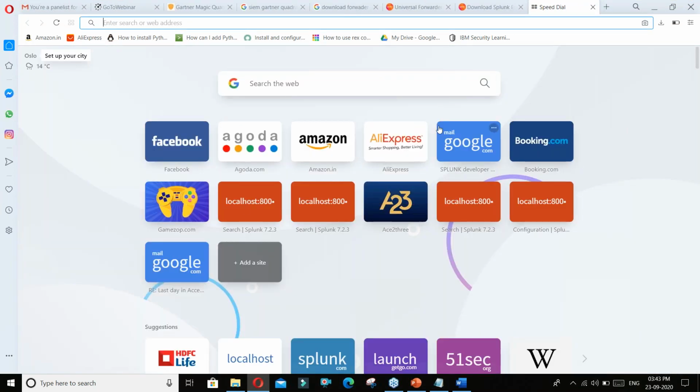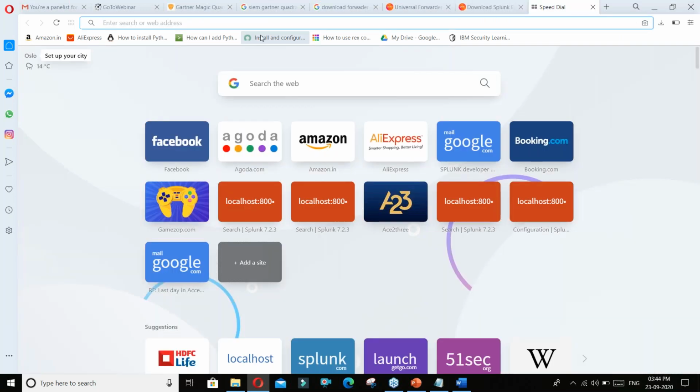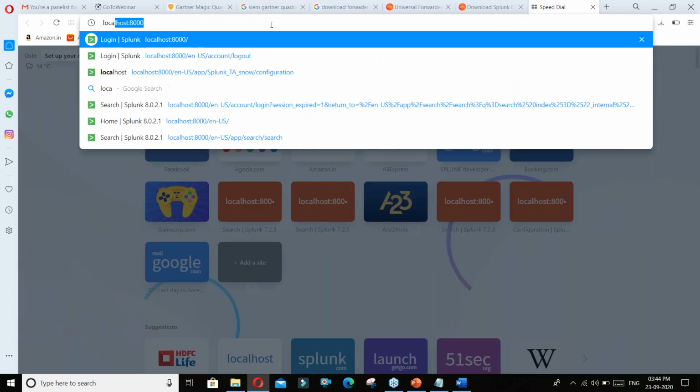So guys, what I did, you can also do if you want. This is Splunk Enterprise 8.0.6. If you want to install it on your desktop, it is only 3 clicks away. Just download it. It will ask for agreement. Once you download it and install it, it will ask for the path where you want to install. Just click next. You have to agree to the license. Just click next. Splunk will be installed automatically. Once it is installed, if you want to access it, come to your browser, type localhost:8000, and hit enter.